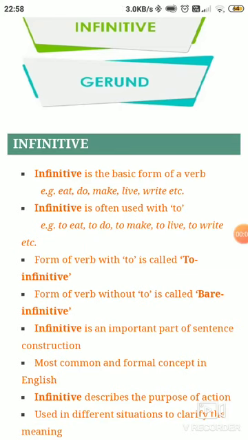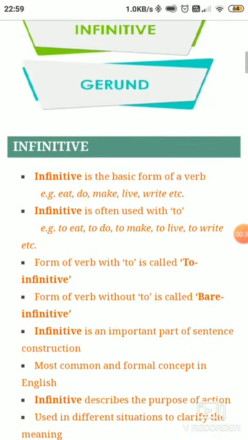Hello students, this time we are going to deal with infinitive and gerund again. The reason behind is revision and providing the children with the notes. So let's begin with infinitive and gerund. This comes for 2 marks in the board exams. One question will come based on the gerund format and another question will come in the structure of infinitive, and you will be asked to change it vice versa.